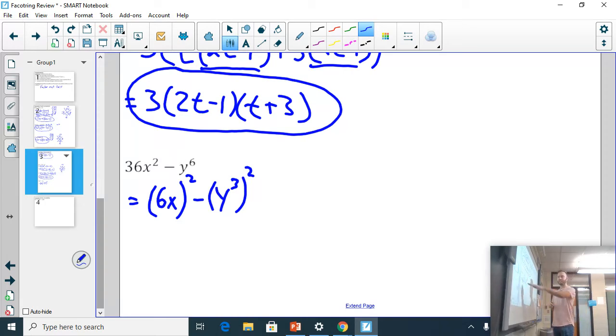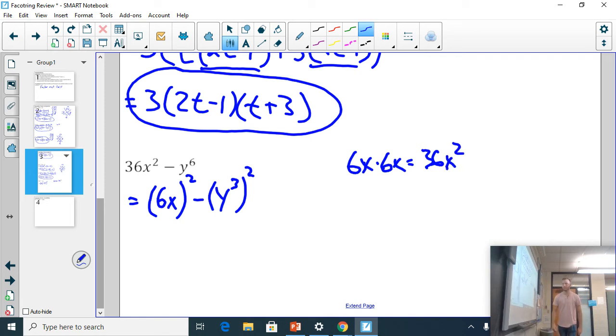Does that make sense, everyone? Because think about this. What does squared mean? Squared means something times itself. So 6x times 6x. Wouldn't you agree that that is 6 times 6 is 36, and then x times x is x